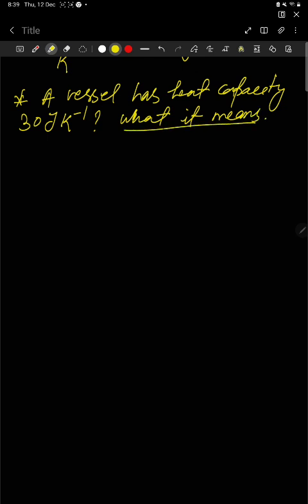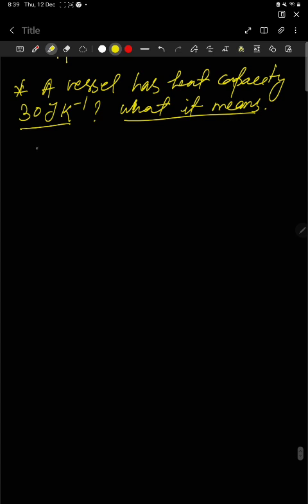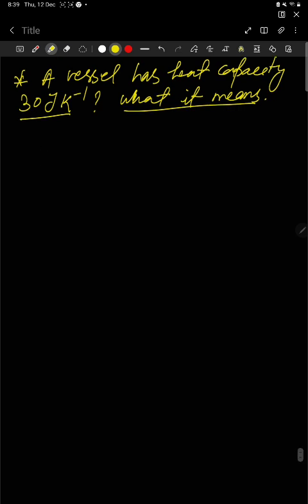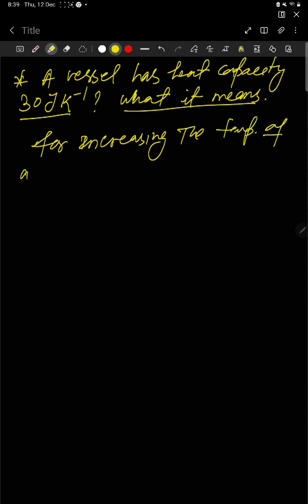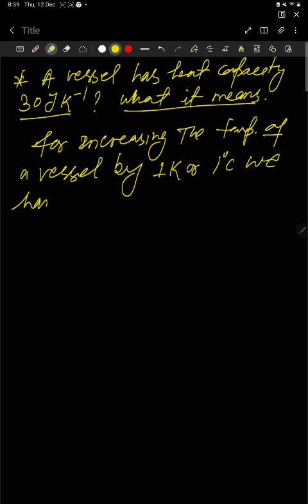Suppose any vessel or substance has heat capacity 30 joule per Kelvin. The meaning of this is that for increasing the temperature of the vessel by 1 Kelvin or 1 degree Celsius, we have to supply